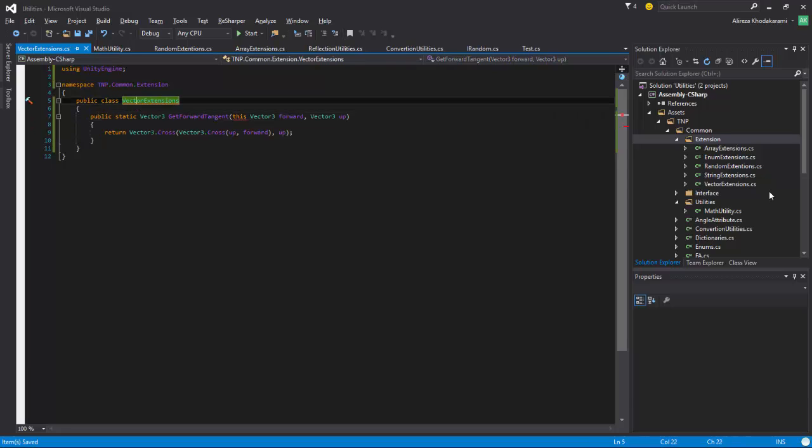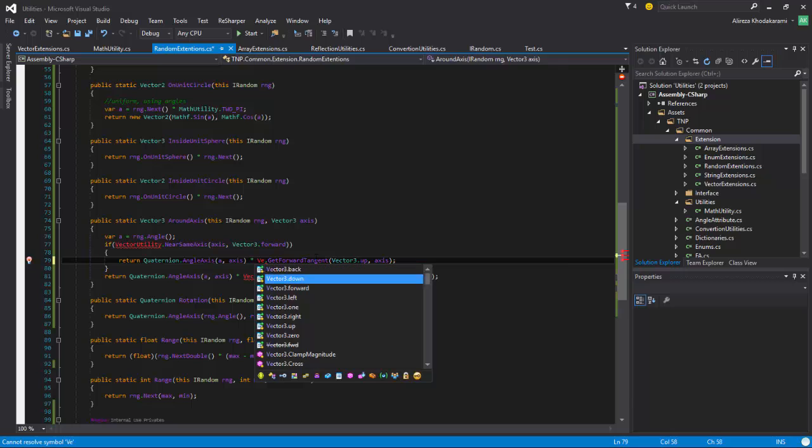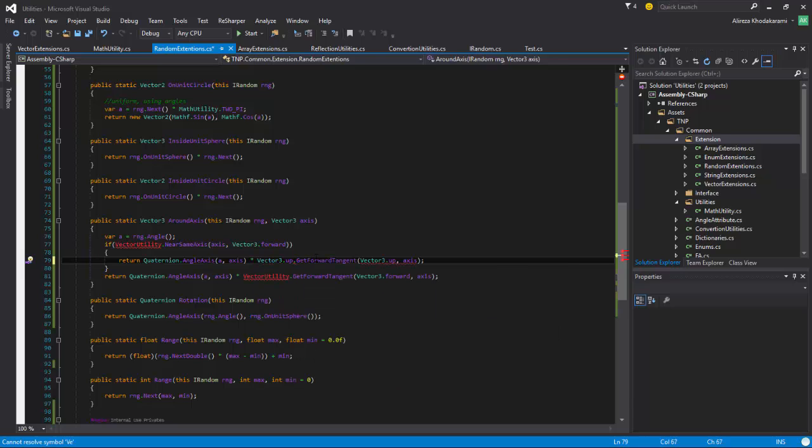And now it needs to be static. And I have an extension method. So instead of this guy, I can say Vector3.up, and I will remove this part. And I basically converted it to, you know, an extension method. So Vector3.up dot that, oh, dot forward, okay,